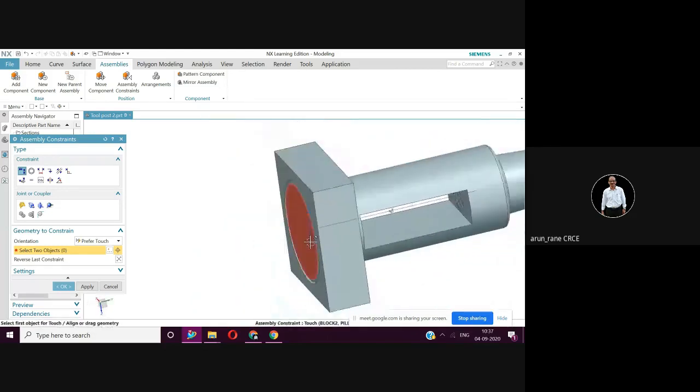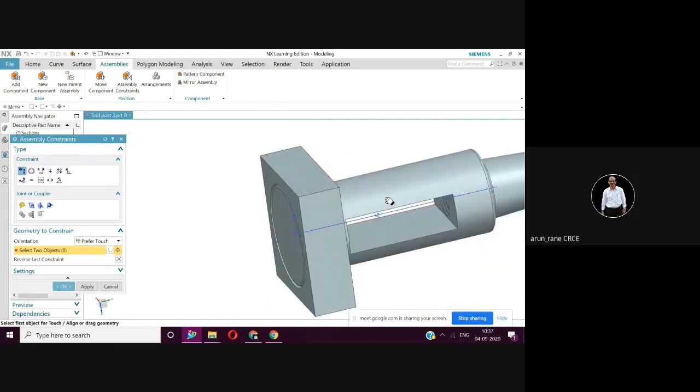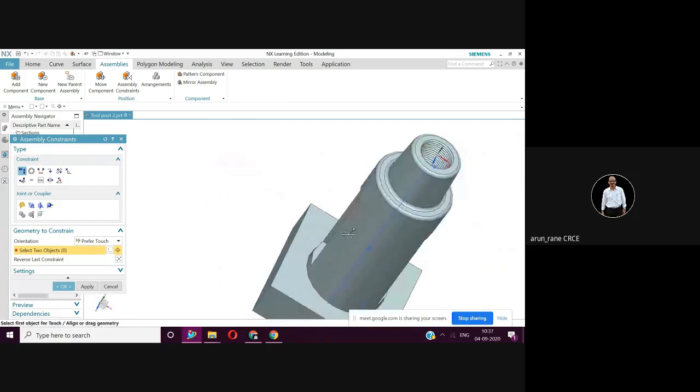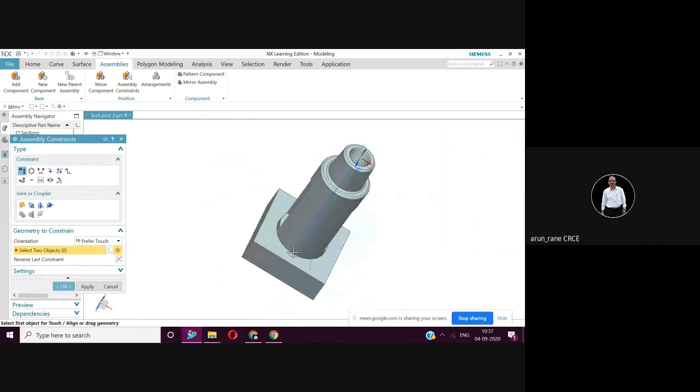If this would not have happened, then I would have selected the concentric command. See, sometimes what happens, this is actually the disadvantage of the revolve command. In revolve these things happen. So now see, now this is perfectly matching. All right, Mr. Singh, shall I go ahead? Yes, sir. Wherever required, we'll use concentric. Don't worry. So now the block is fitted.